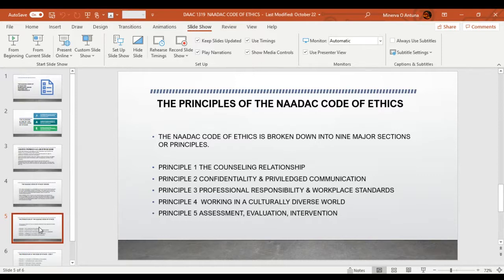And so Principle 5 has to do with assessment, evaluation, and intervention. This covers the validity and reliability of the instruments you're using, the cultural inferences, how you're dealing with diagnosis and what tools you're using for that, referrals, and how you're making those referrals. You can always tell the client, here's 3 places that you can go visit, and you give them the address and the phone number, and guess what? You didn't even check and see if the phone number was there or the program was existing anymore. And so written consent for forensic evaluations, that's your responsibility to look into the details about what is valid in that area. And a continuation here is